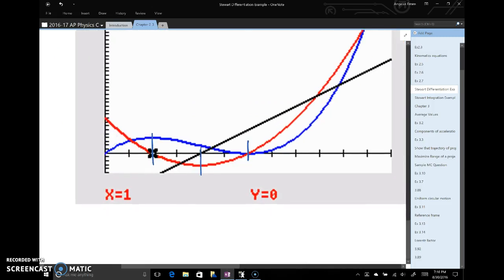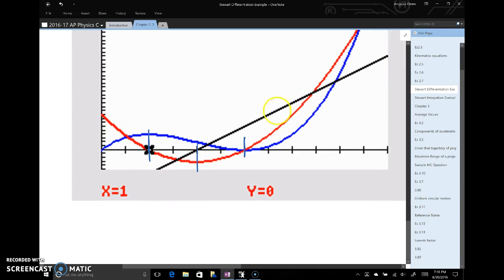Another thing that we could say is we're going to be speeding up when the sign of the velocity and acceleration match. So look at what was happening here. The black line is the acceleration. The acceleration is negative all the way up until 2 seconds. When the velocity is a positive sign, but the acceleration has a negative sign, we're slowing down. The acceleration is pointed in the opposite direction of the velocity. When the velocity was negative and the acceleration was also negative, that's when we were speeding up from 1 to 2 here,